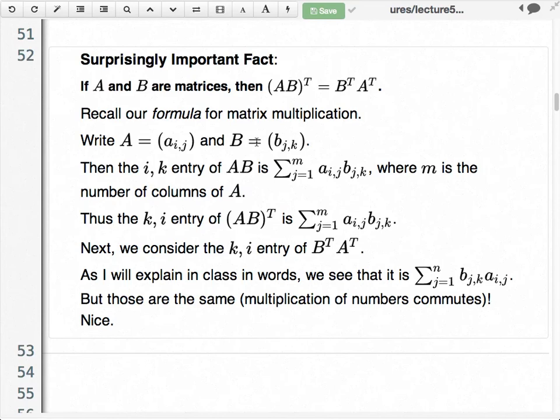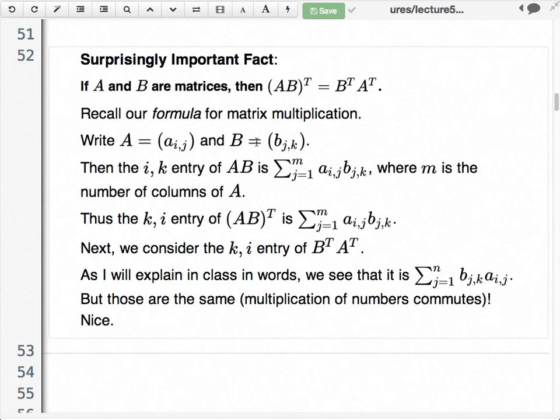There's a formula for the whatever comma whatever entry of the product of two matrices. I just wrote it down, so let's write it down. It's the sum, with some variable called j going from 1 to m. Now you have to be careful, just like before when we had an a and a b and we made b equal to a transpose. You have to be careful what's being substituted in. So here it's a, the first matrix, with k comma j, times the second matrix's entries, b sub j comma i. Remember, that's because I want the k comma i entry, so think of it as the first and then the second entry.